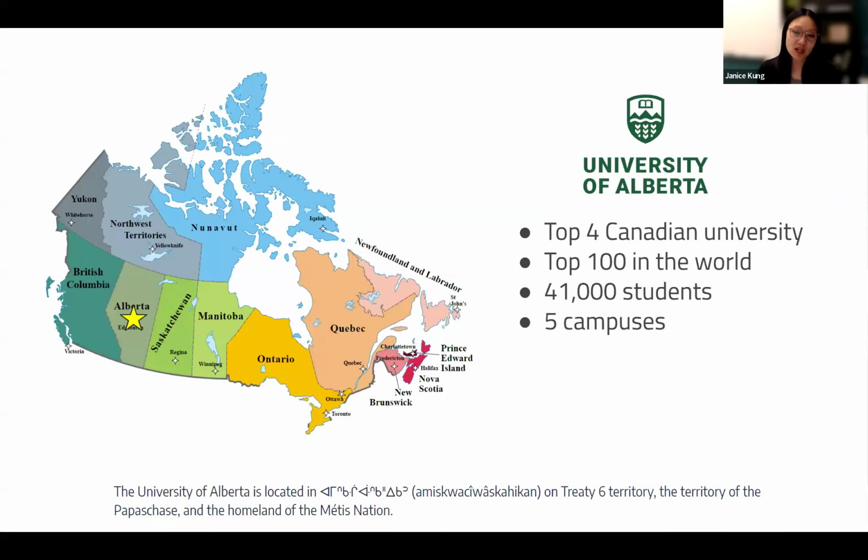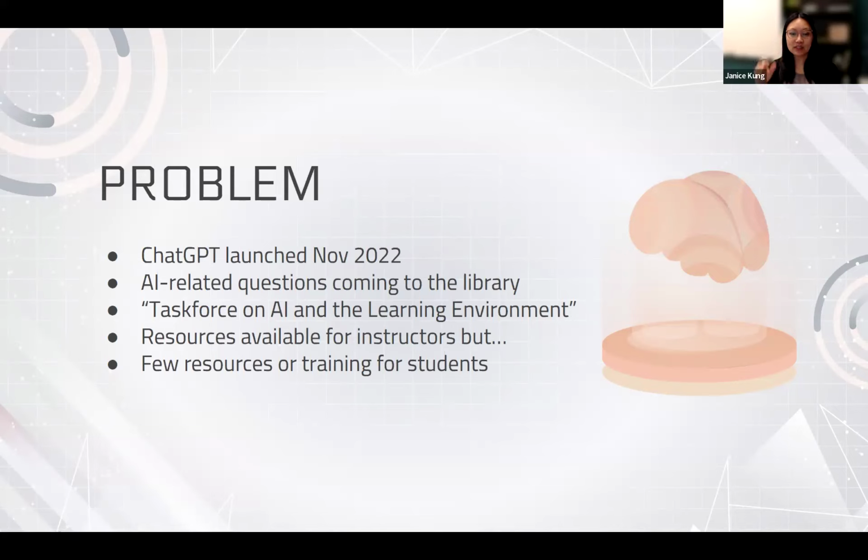And the problem that we encountered, I'm sure many of you encountered, was all the way back in 2022, there was a little tool that was launched to the public called ChatGPT. I don't know if many of you have heard of that tool. So that really changed the landscape of how we operated as libraries, as staff, and we received quite a number of AI-related questions that came into the library, and the library staff were really having difficulty trying to field those